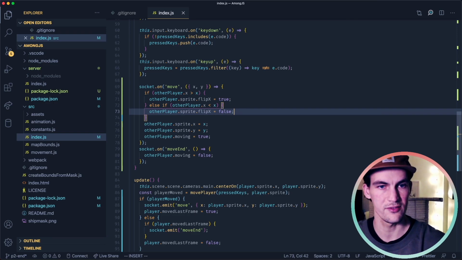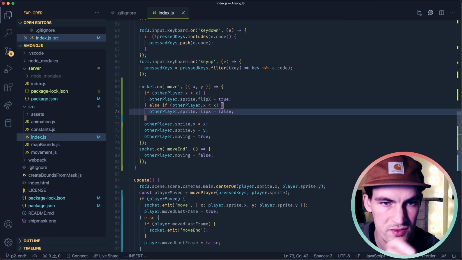Okay, so now we've handled the flipping of the sprite and the movement of the sprite.